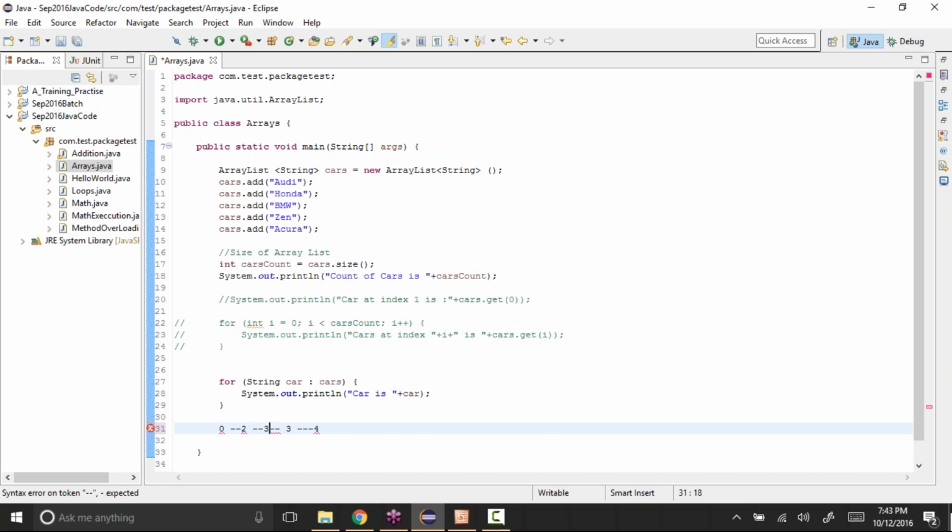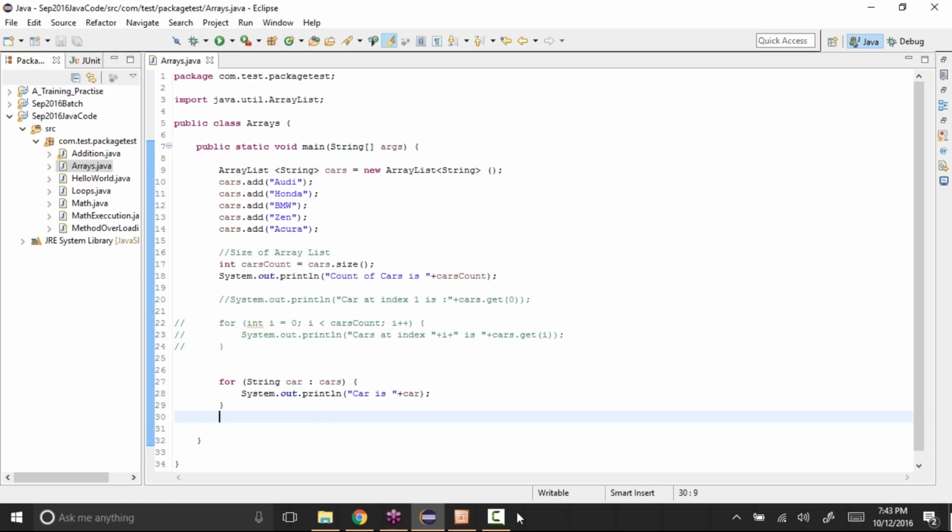Okay, so if you want to add at the last and delete from the end, it's very fast. But if you want to make changes in between, then it will be slower compared to others, which we'll see now, like what other types of lists are available. Okay, so this is how the array list will work. Adding and deleting from the end is very fast, not from between.